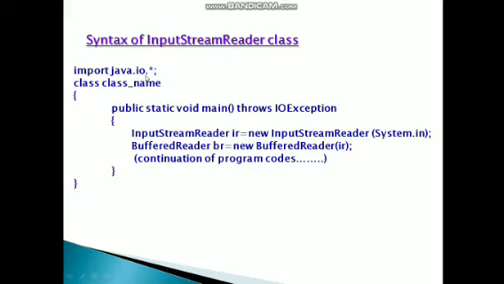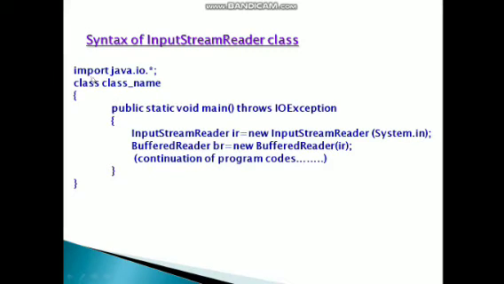You have many packages like AWT, applet, etc. IO is known as input output, and inside this input output package, you have the input stream reader and buffer reader classes, and there are a lot of other classes too.